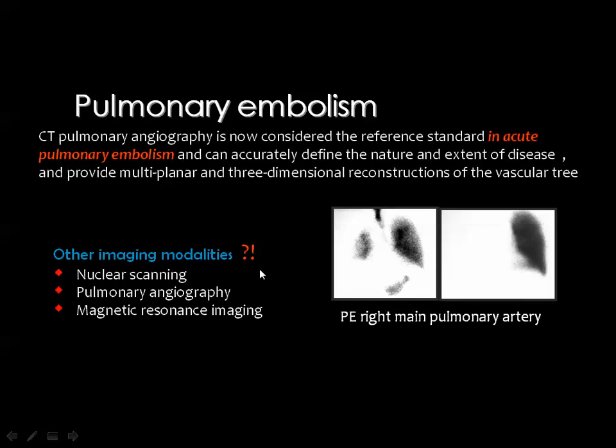I have said that the CT pulmonary angiography is the most sensitive technique to detect pulmonary embolism, and this is true only in acute conditions. CT pulmonary angiography is considered the reference standard in acute pulmonary embolism, but